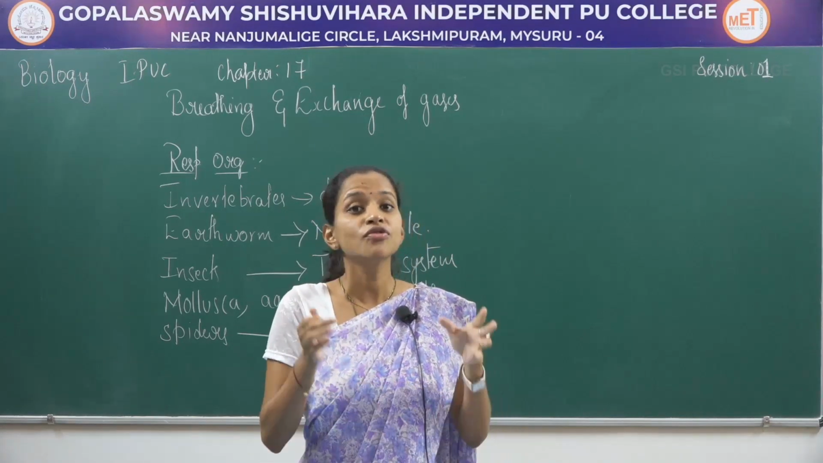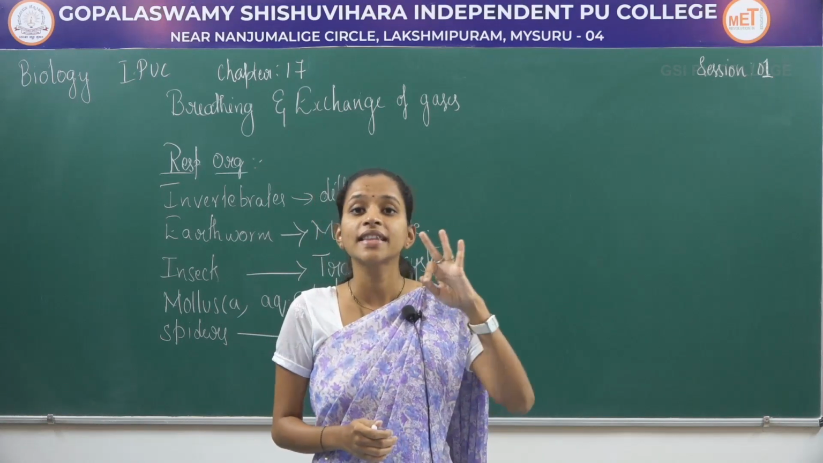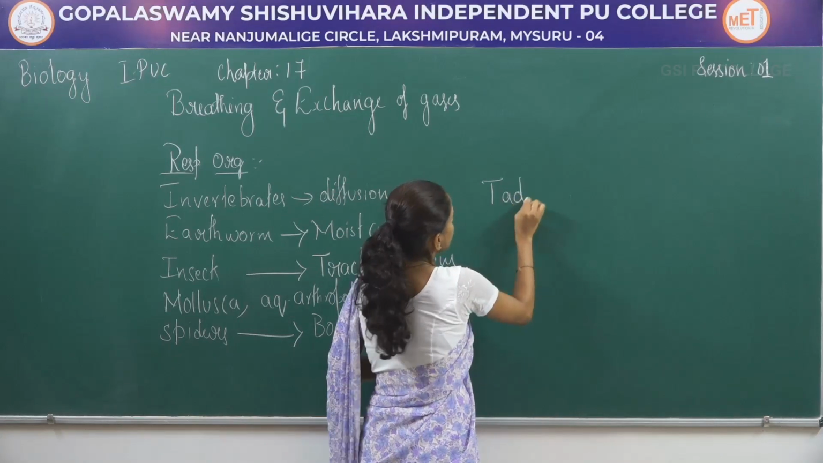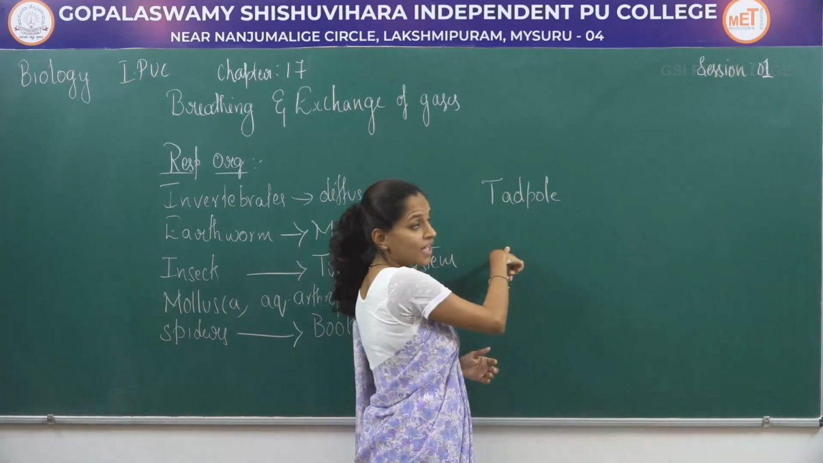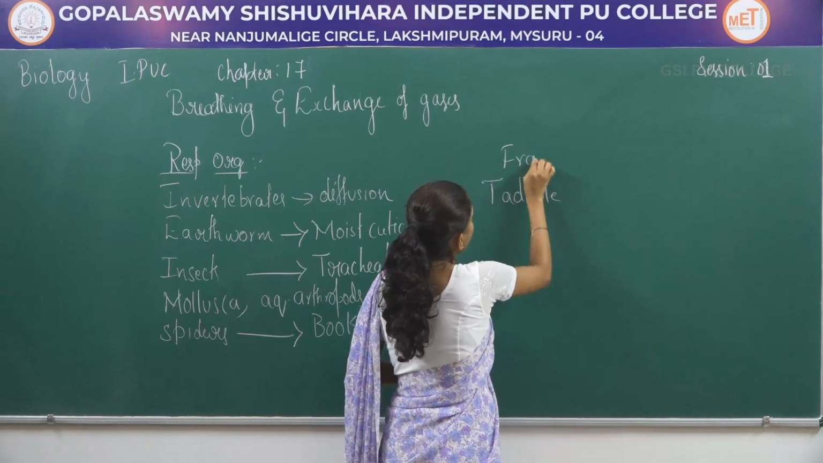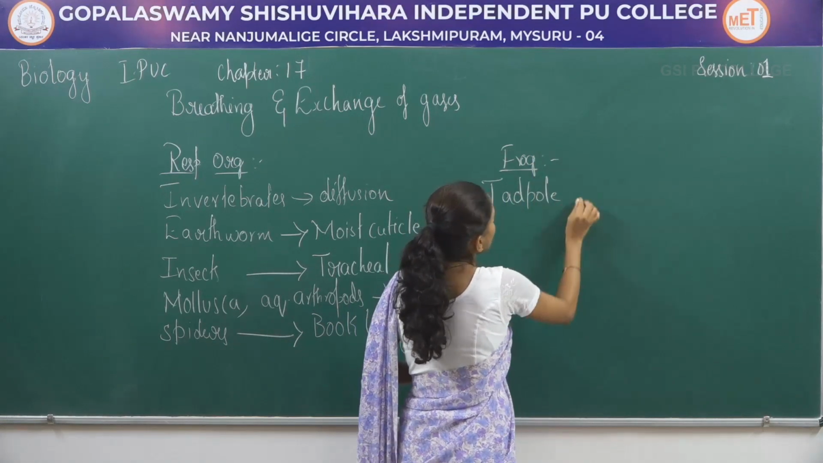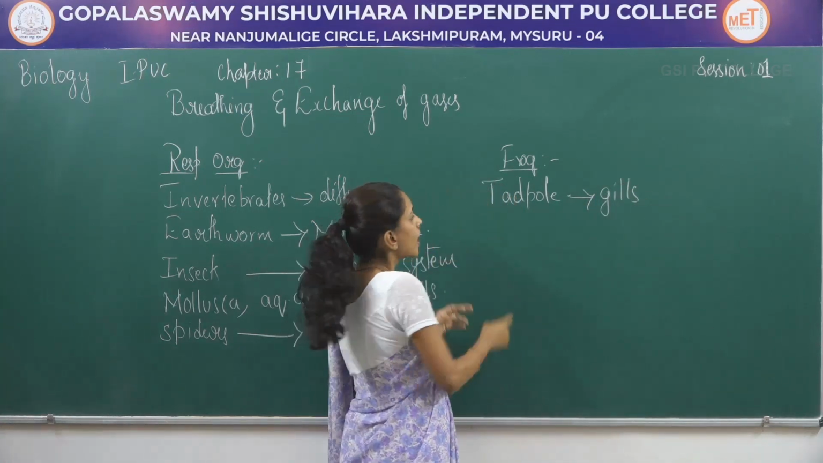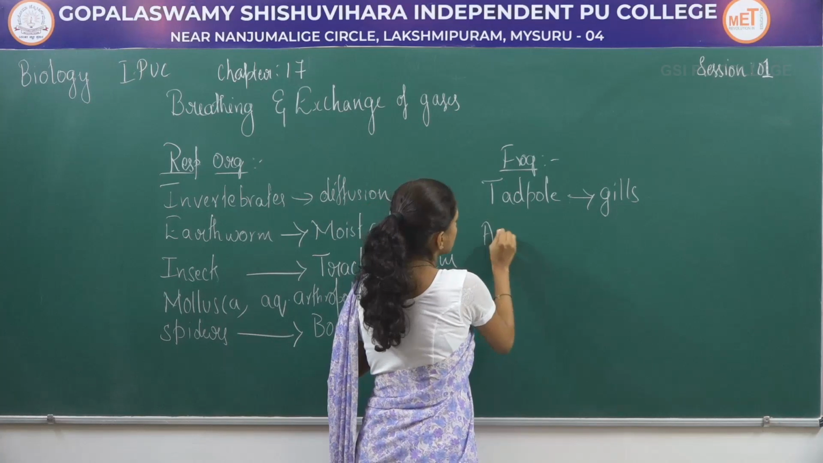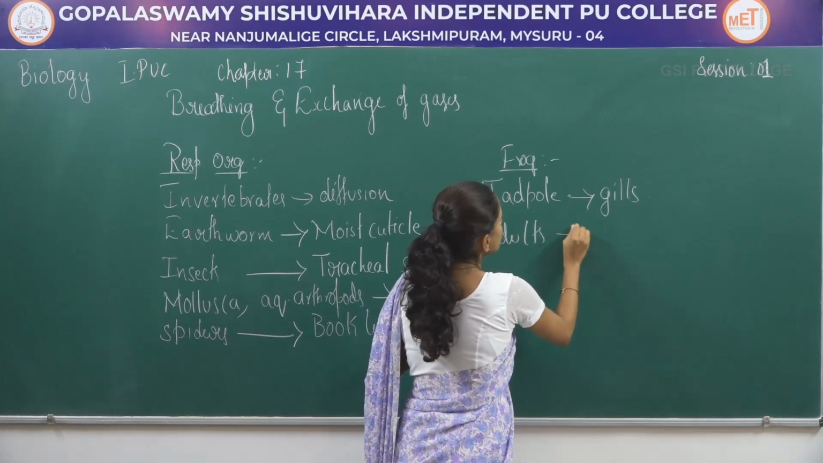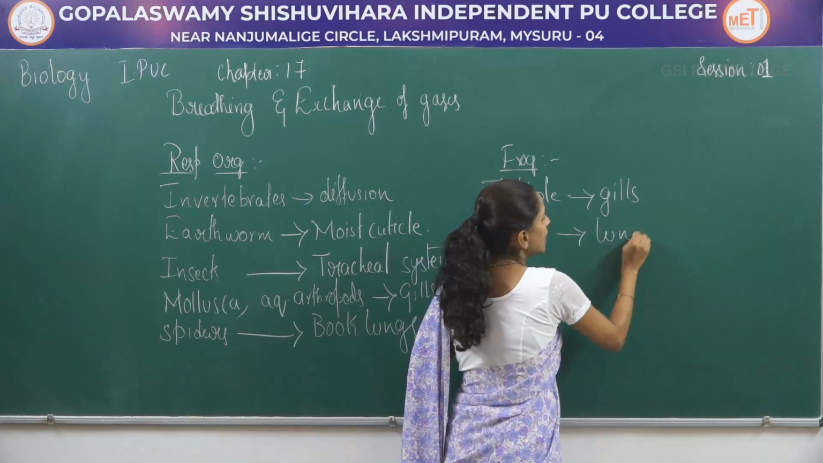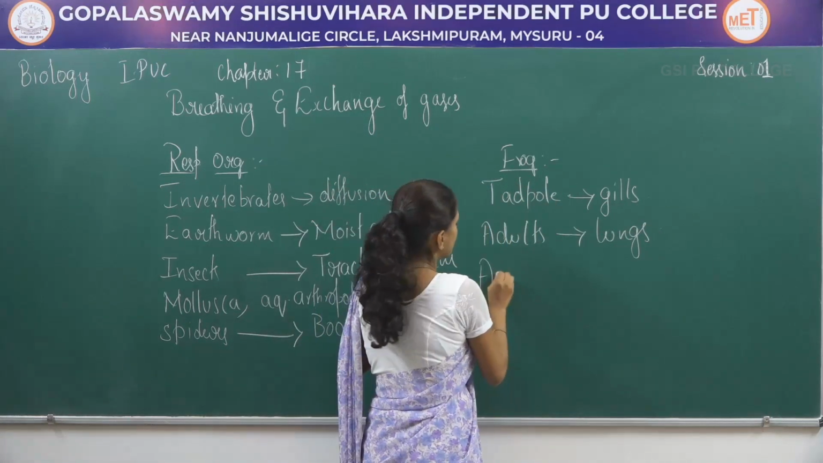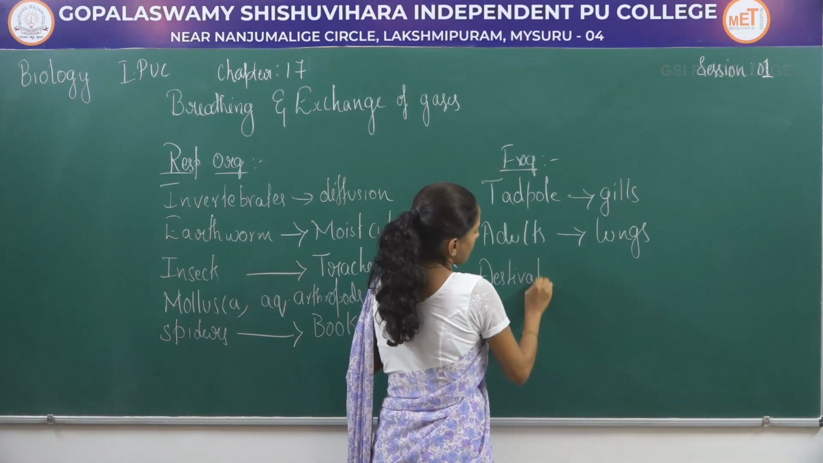Next, when it comes to frog, we can find three different types of respiratory organs. When it is in its tadpole stage, that is in its larval stage, they respire with the help of gills. When it becomes an adult, the gills will be replaced by lungs, and when they are in the condition of aestivation,